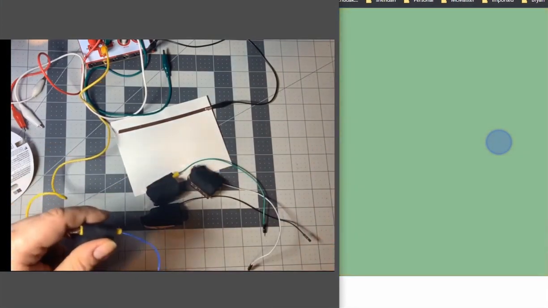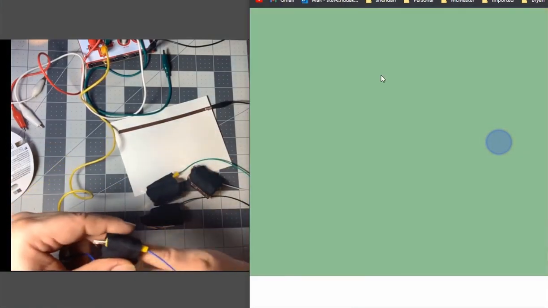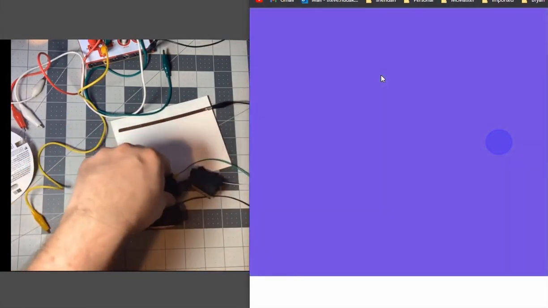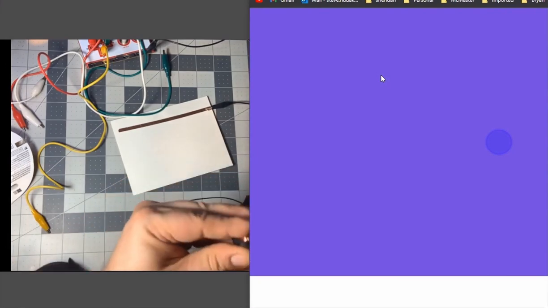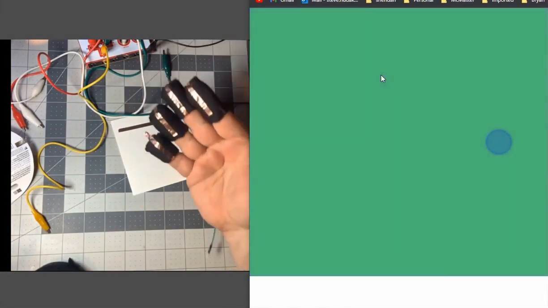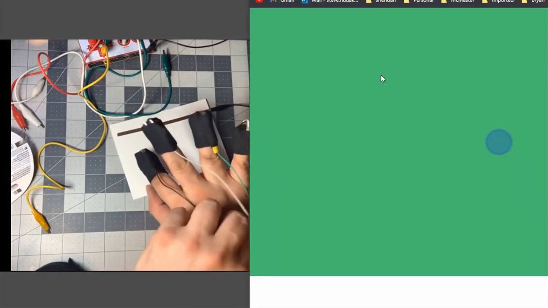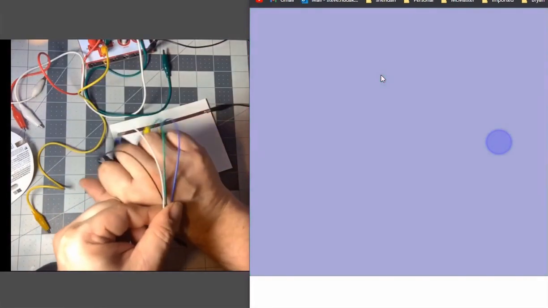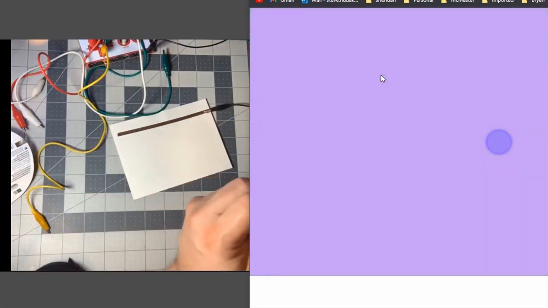Let's test it. Okay, so they're all working. There we go, there's my new improved touchpad. Now I need to make the thumb, and then I need to make a wrist attachment of some type, connect all those together so that I can easily move that around. Okay, so for the thumb,